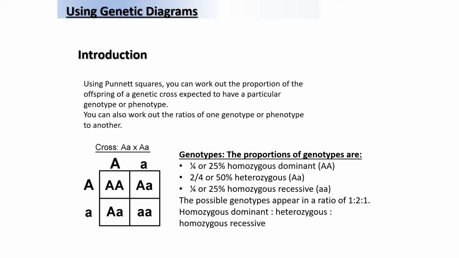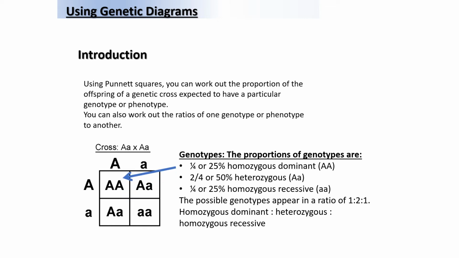If we do the cross between capital A small a and capital A small a using Punnett squares, we can work out the proportion of the offspring of a genetic cross expected to have a particular genotype and phenotype. And we can get the ratio of one genotype to another. If you look at here, we can see